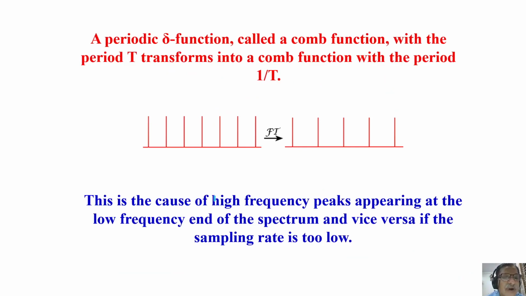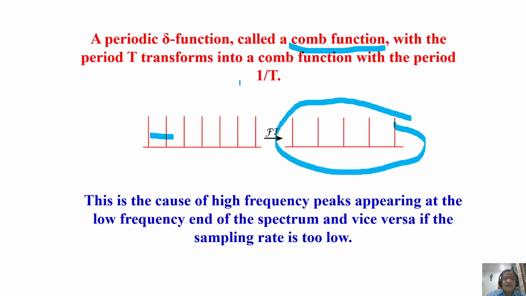We also come across what is called a periodic delta function. What is a delta function? It has no width and has infinite intensity at a particular frequency, 0, and its value is 0 at any point outside of 0. Many such periodic delta functions make a Dirac comb function. How often it repeats is given by t. Interestingly, the Fourier transform of this is also a comb function with period 1 over t.